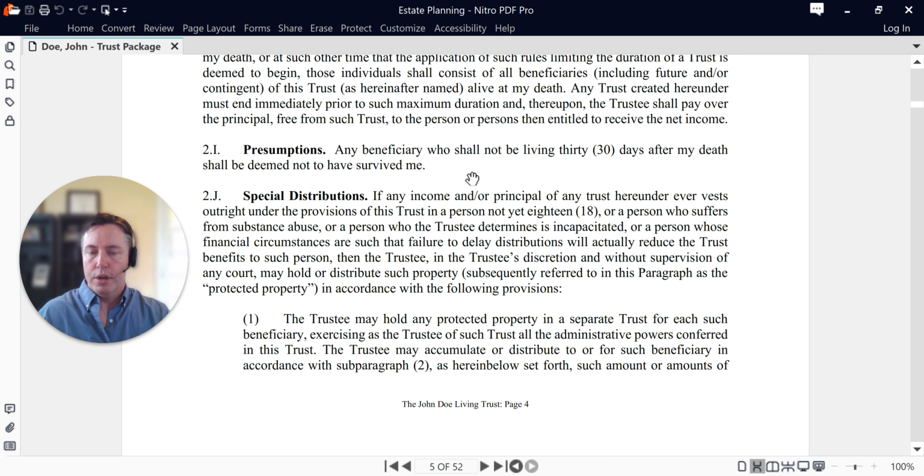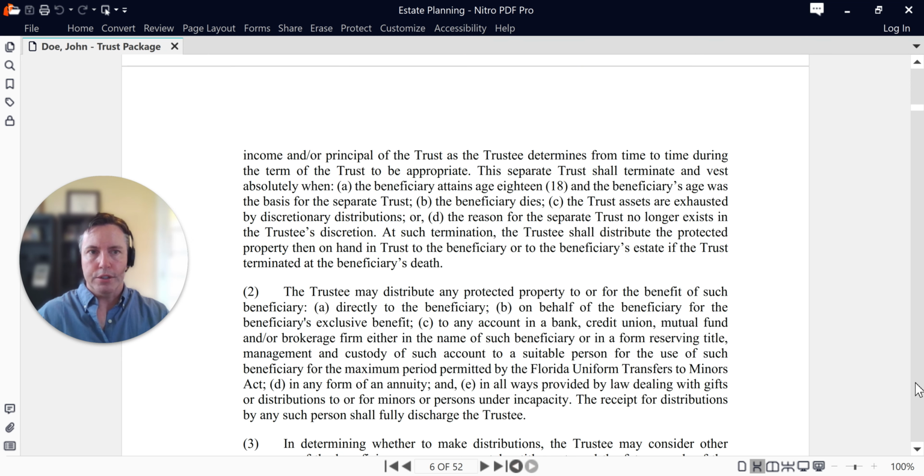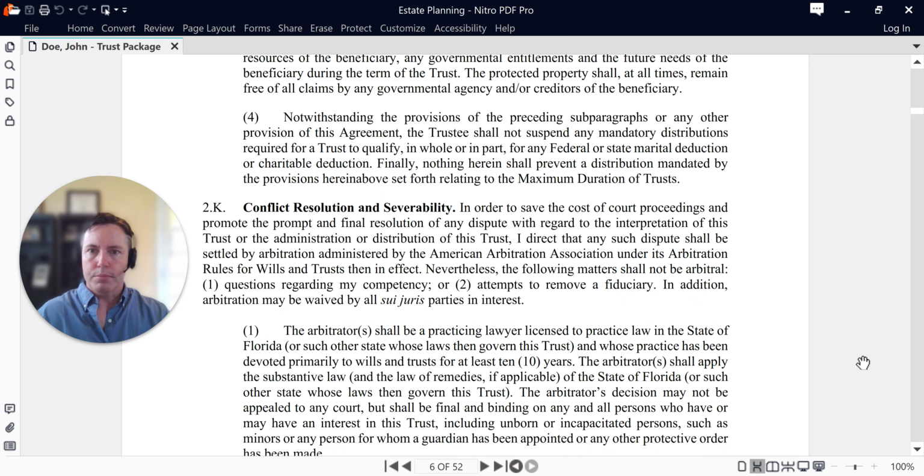Special distributions. We definitely want to put in a minimum age to where a beneficiary wouldn't be entitled to everything all at once if they're too young. So 18 would kind of be a minimum, maybe 21, maybe 25. And before that age, if they're entitled to something as a beneficiary, then the trustee would dole it out in a more responsible way. So their health, education, maintenance, and support would be taken care of, but not just anything they have in mind. So it gives a way to protect and control that somewhat for the less mature individuals out there.